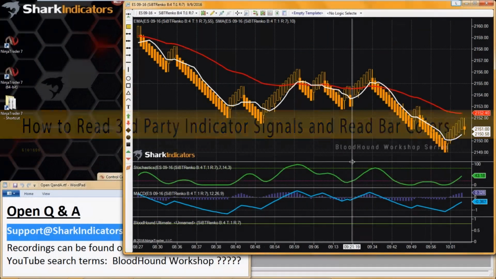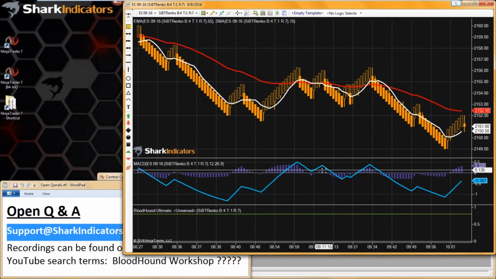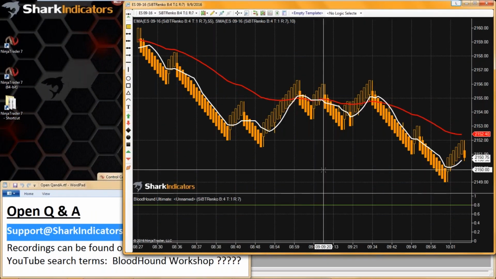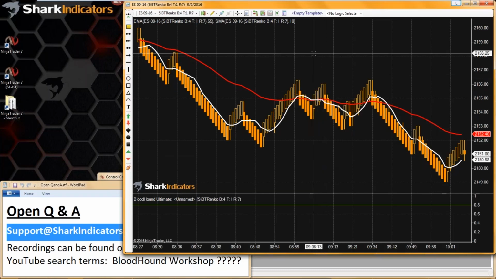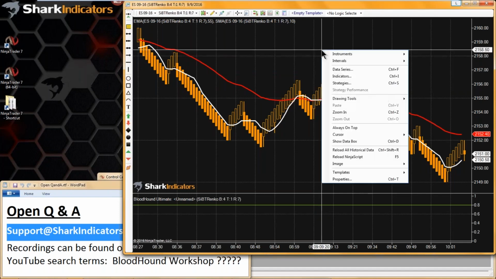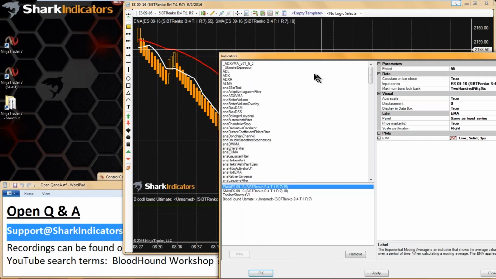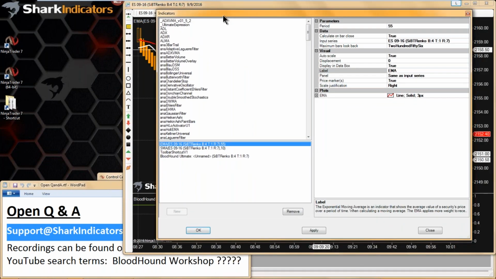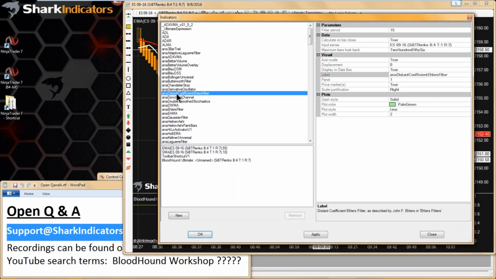First question I have is coming from Tony. So Tony's got an indicator that provides some sort of a trade signal, and another indicator that's coloring the bars. So I'm going to show quickly how you would test an indicator that's giving you some kind of a trade signal on the chart there. So what I'm going to do, since I don't have any custom third-party indicators on this VMware yet,